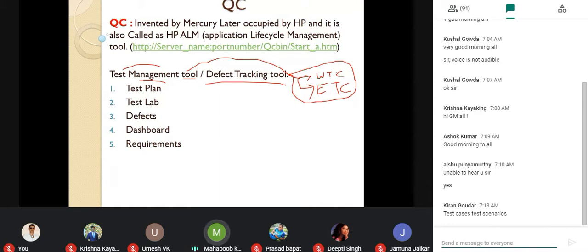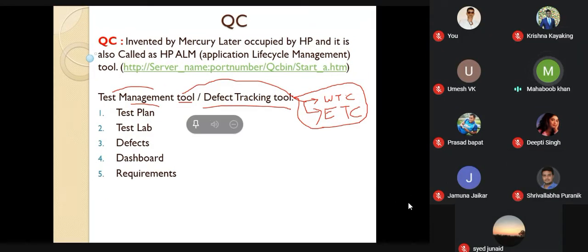But our Quality Center, why I am saying, major 90% of IT industries are using it, I can say 97% as well. 97% of IT industries are using HP Quality Center. Why? One reason, this tool is only for testers. The second reason is that we can track and manage the testing, such as writing the test cases and executing the test cases. We can do that here. There are a couple more tools, but still this tool is very important.